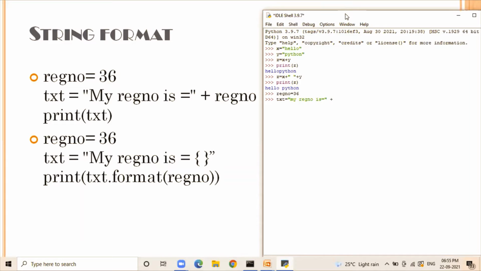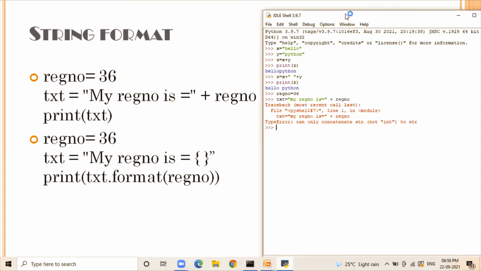With the help of the plus operator, you can try to combine them. But two different data types cannot be combined, that is, you cannot perform concatenation of two dissimilar data types. For this, Python provides a string format method.